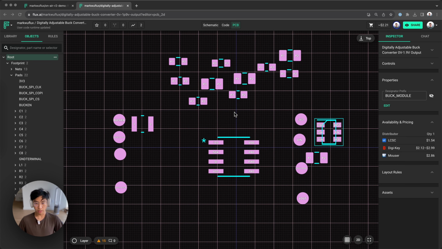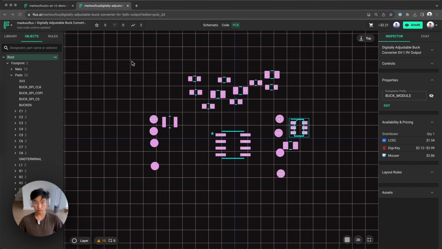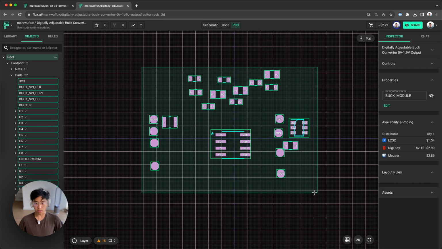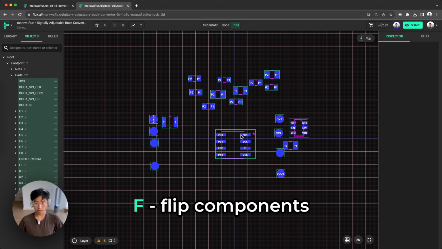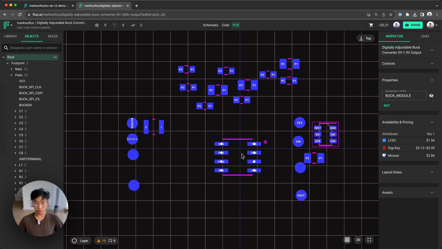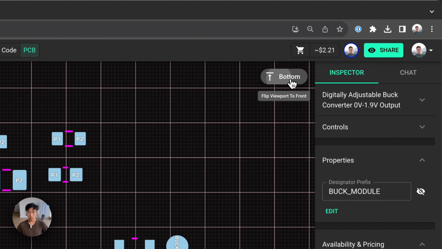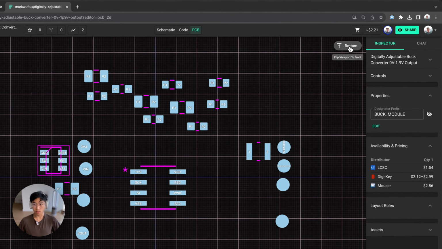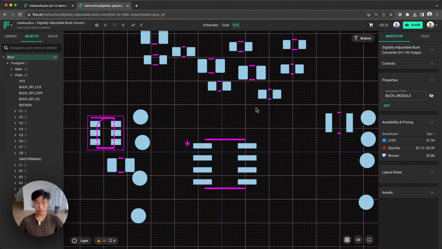Before we start laying out this design, I want it to be on the bottom layer. So I'm going to select all the components and press F. Doing this reverts everything to the bottom layer. As you might have noticed, it looks like the pins have flipped, but that's because we're still looking at the board from the top view. So to flip the viewport, just click on this button at the top right, and now we're laying out the